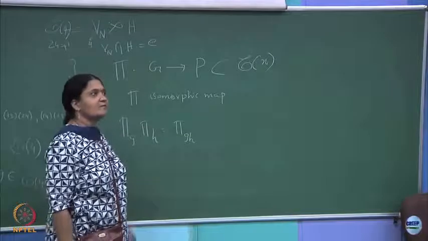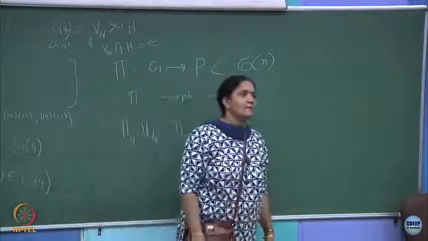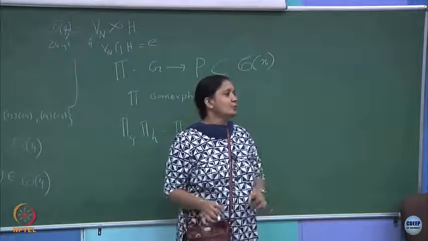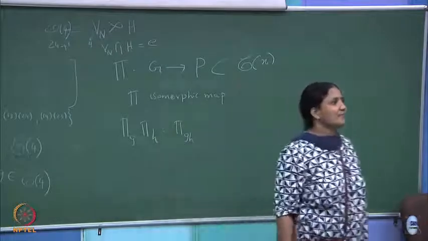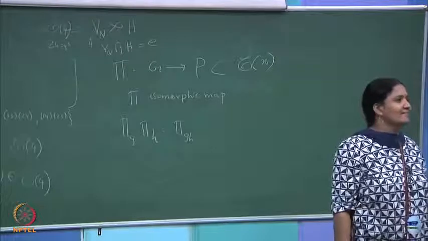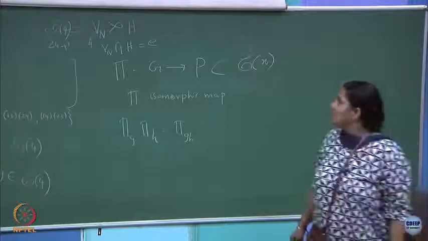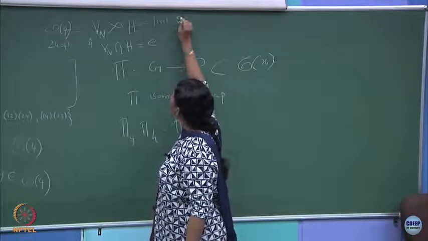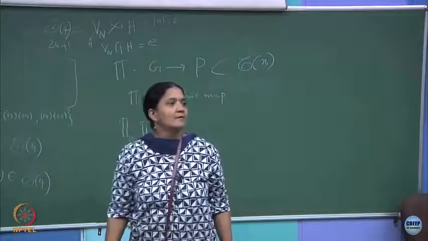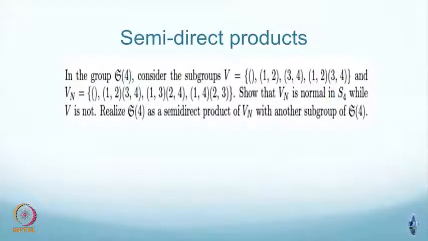Semi-direct product orders, what is the order of a semi-direct product? If you take G1 and G2, if you do a direct product, what is the order? Multiplied. What happens to the semi-direct product? It will also be multiplicative. So, which means this group should have order equal to 6. That is the first thing, right. And then you figure out what are the elements which you can write.